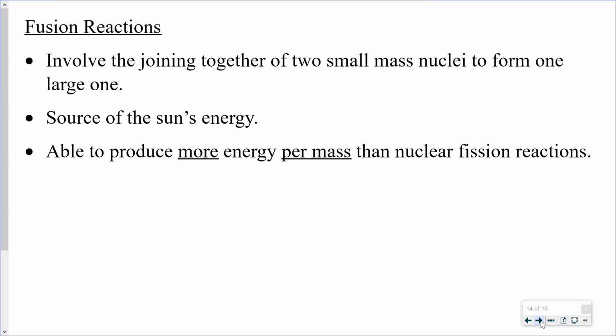For fusion reactions, this now involves the joining together of smaller masses. So fission, take something big, split it apart. Fusion, take things smaller and join them together to form something that is bigger. So this, of course, is what we did talk about in terms of the thermonuclear reaction taking place in our sun, and that